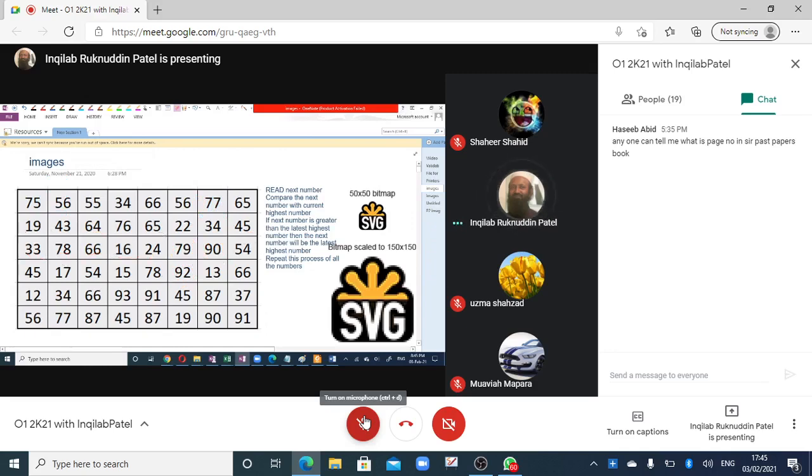Firstly, we read the first number and assume this is the current highest number, and read the next number, compare the next number with the current highest number.